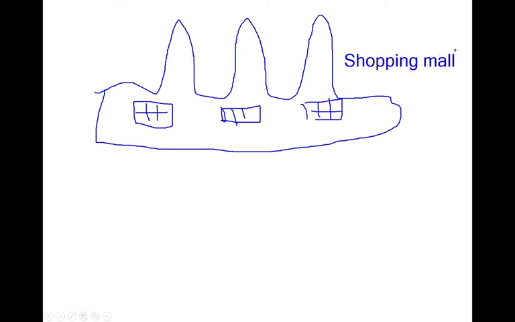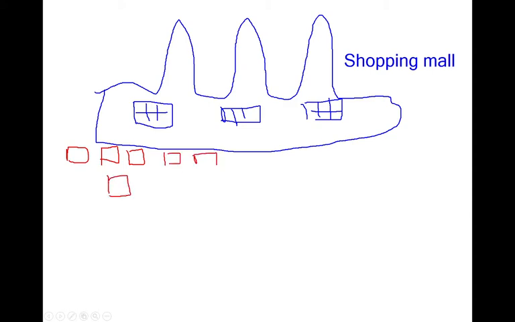And on one very nice weekend, you plan to go with your family to the shopping mall, and you go there and you see that there is no car here, so you park your car here, right? This is good. Then the next guy comes, he parks his car here. Then the next guy comes, he maybe parks his car here. The next guy comes and he parks his or her car here.